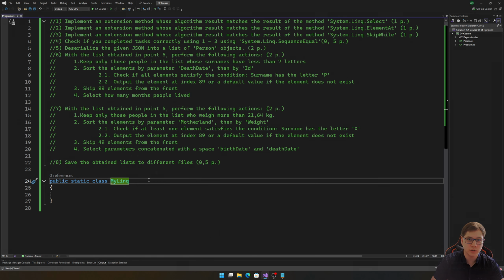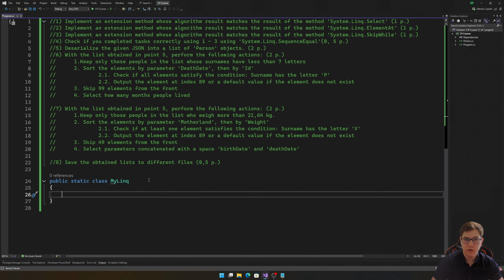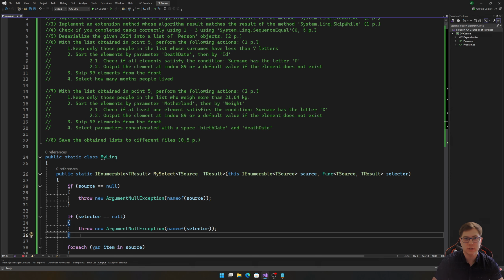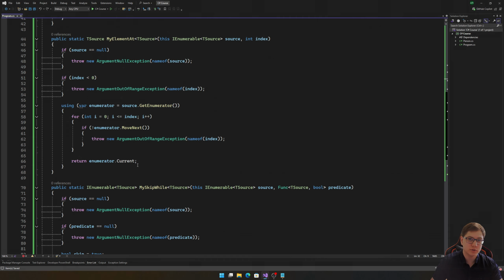You can create your own custom class and call it MyLinq. And then to simplify testing, you can add the prefix My to each method. And this is an example of an acceptable implementation. Of course, you can add some checks for nullability. And in case the source or selector is null, you can throw an exception, and you have to write the implementation